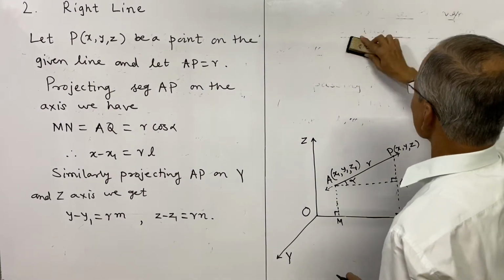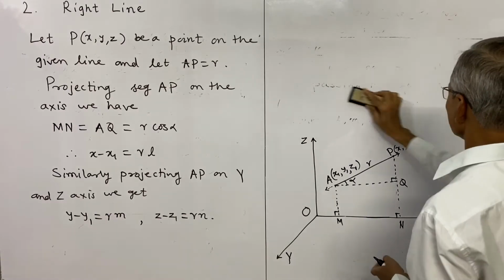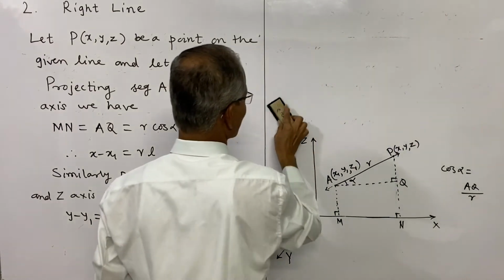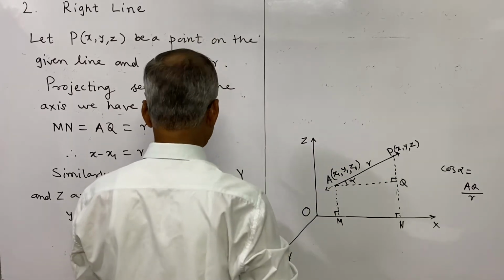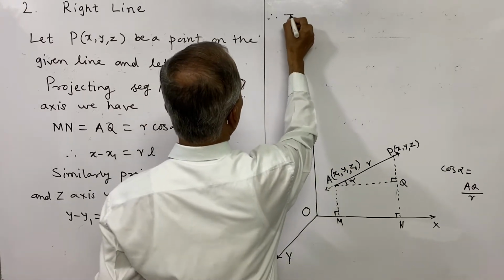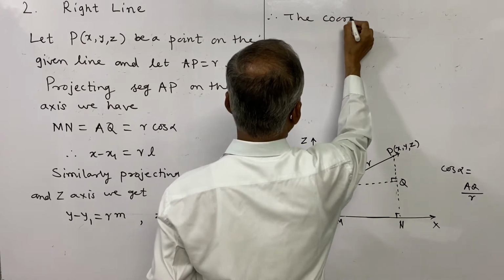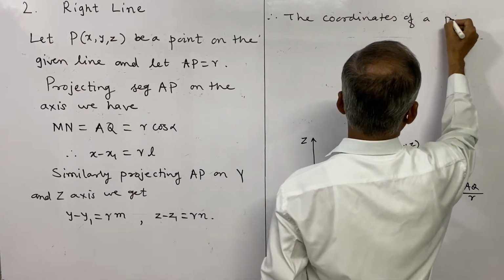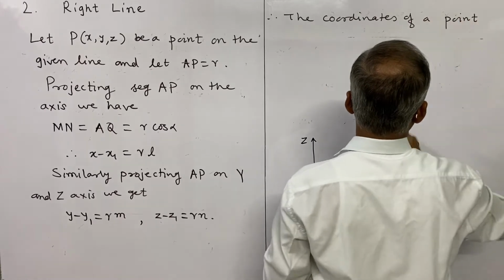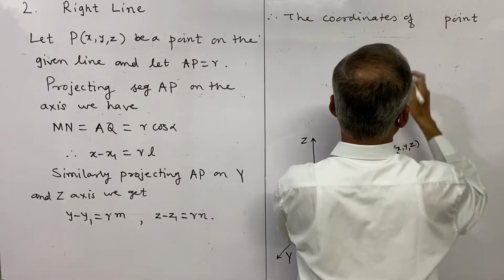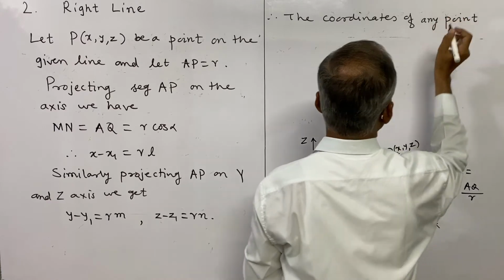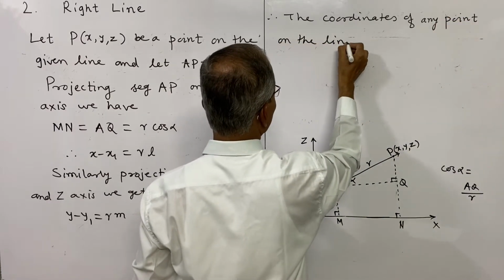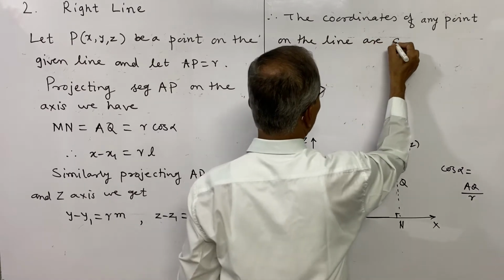Therefore the coordinates of any point on the line are given by